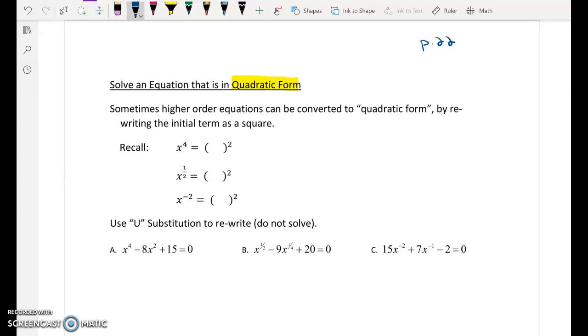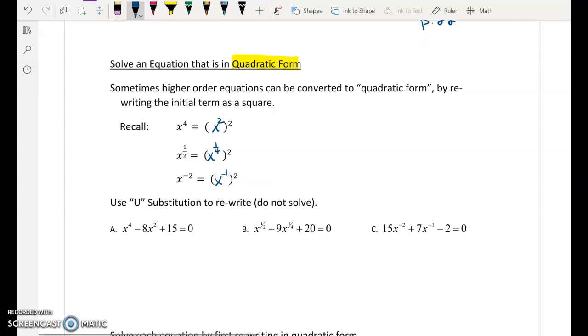Okay, so x to the fourth, which comes from example A here, can be written as x squared squared. Right? x to the 1/2, which is in example B there, could be rewritten as x to the 1/4 squared, because remember you multiply those exponents and you get x to the 2/4, or 1/2. Okay, and the same way x to the -2, which comes from example C here, could be written as x to the -1 squared. So if you can recognize that that first term is the square of something,